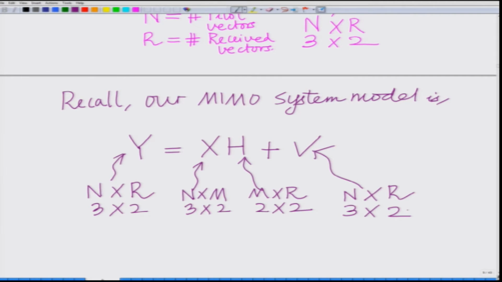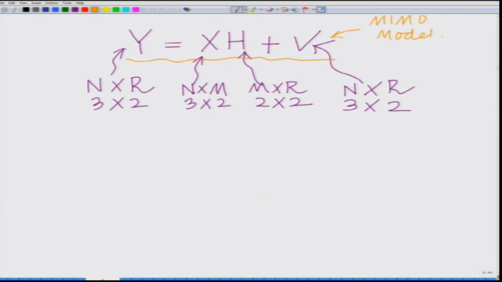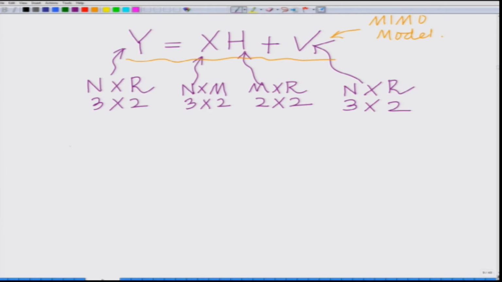cross 2 matrix. This is our MIMO system model, that is the multiple input, multiple output wireless channel model. Now, let us assume IID channel coefficients with identical prior variance sigma h square. Let the channel coefficients be independent